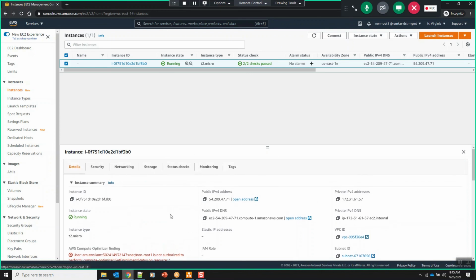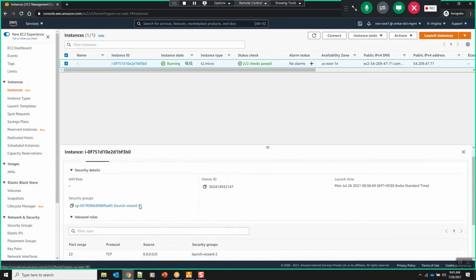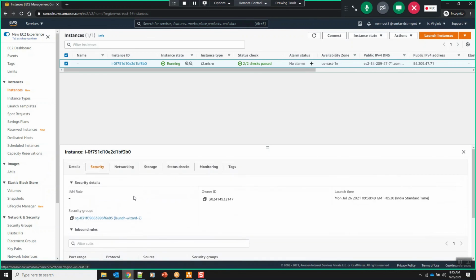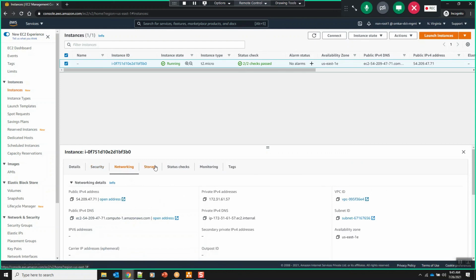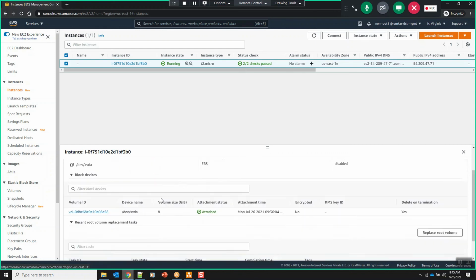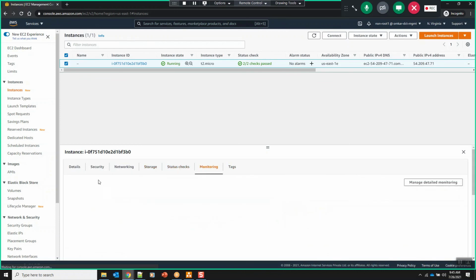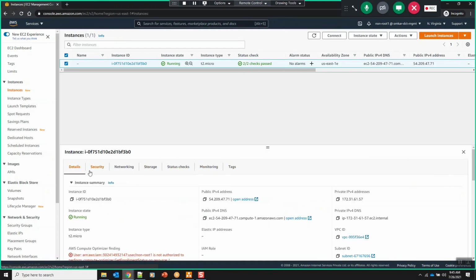You try to stop the EC2 instance and see whether the public IP is being retained or not. The security part, we have security groups. Let's talk about the security in the next section. We have networking, we have storage, we have status checks, we have monitoring, we have details and all. Yeah, for now I think we are